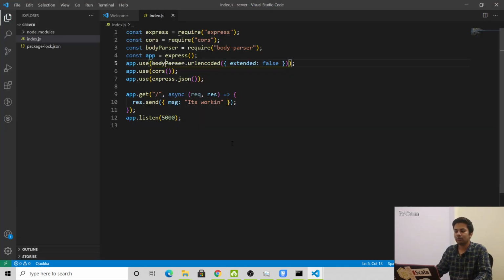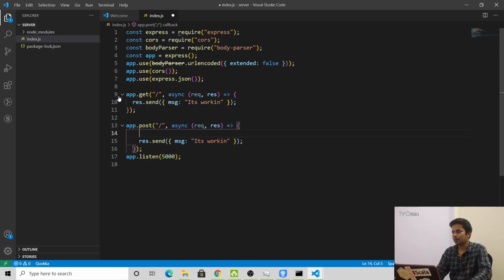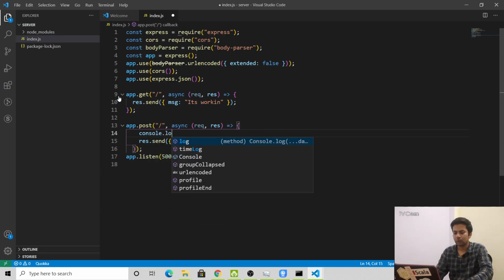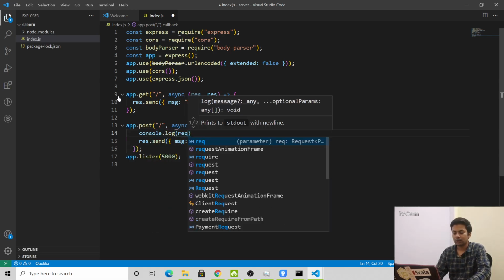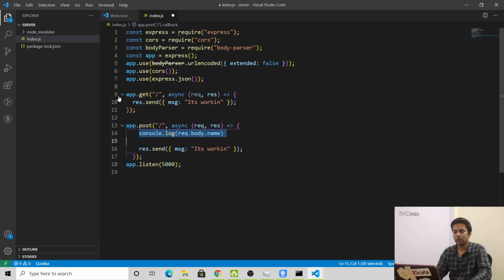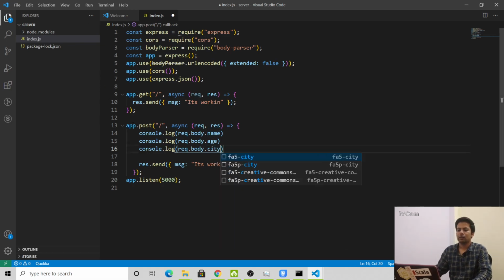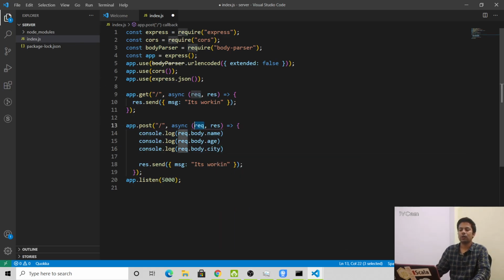Because it's a GET method, we are doing this. Now we do the same for the post, and this time we'll do console.log request.body.name, and the same for age and city. Whenever we post, it will come under the request.